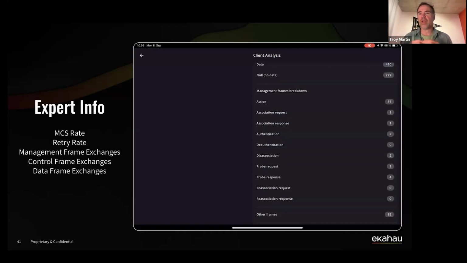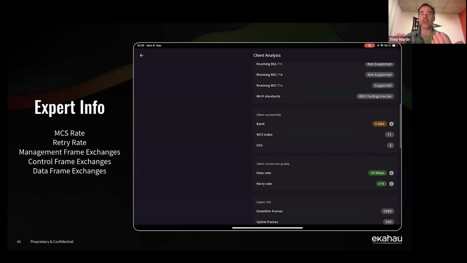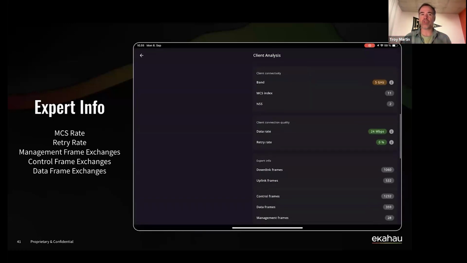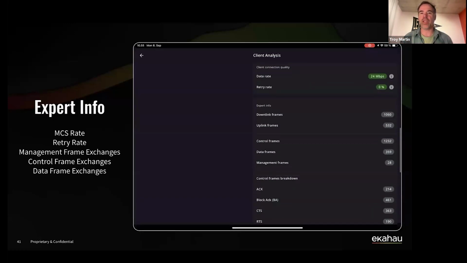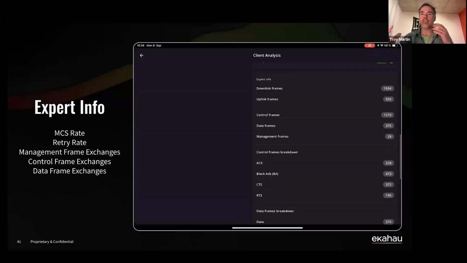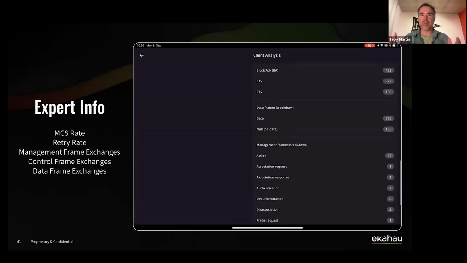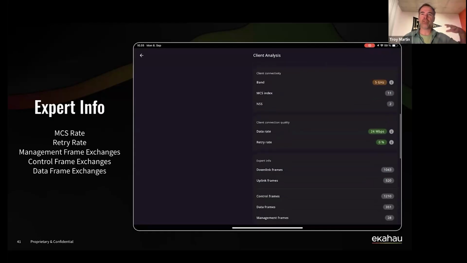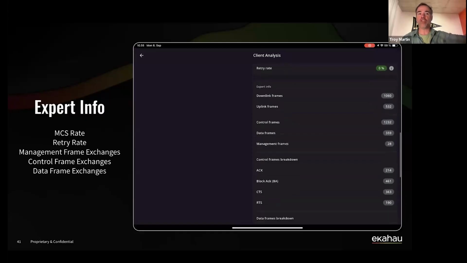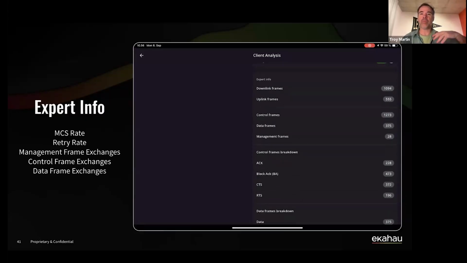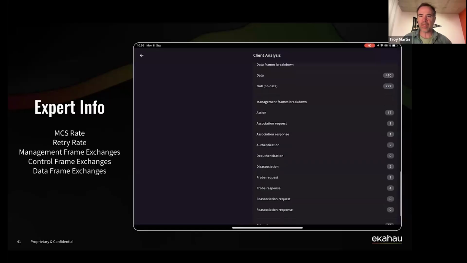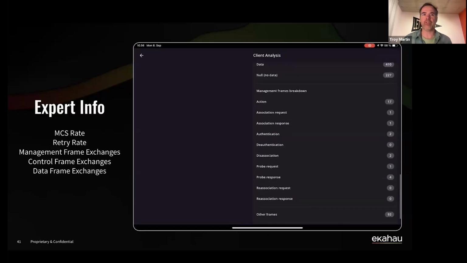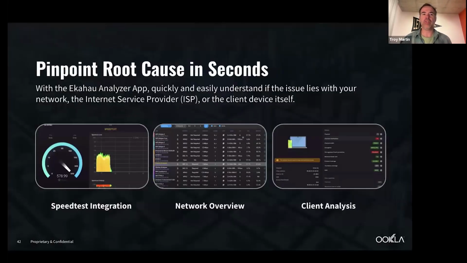And if you were to keep scrolling down in the client analysis tool, you'd see additional information like the MCS rates that were supported, retry percentages. We also start counting the number of management frames, control frames, and data frames that are sent across the airwaves. So it gives you some insight to the ratios of traffic types, right? So that may give you a path to troubleshoot issues on your network by seeing that there's a massive spike in management traffic relative to control traffic. Or maybe there's way too much data with no control traffic because you're missing a whole bunch of acknowledgements that aren't coming back in one particular direction, right? So pretty cool tool that allows you to pinpoint